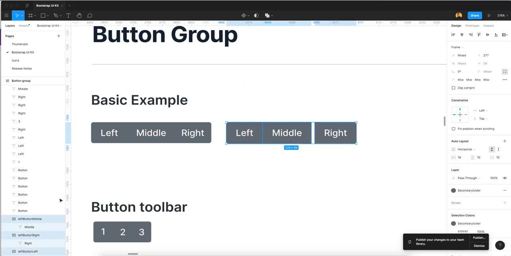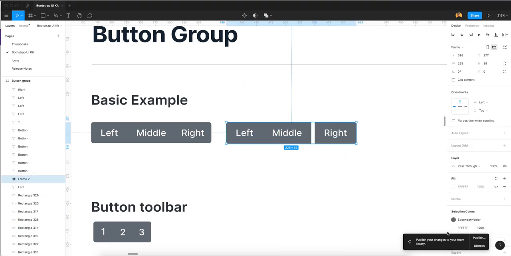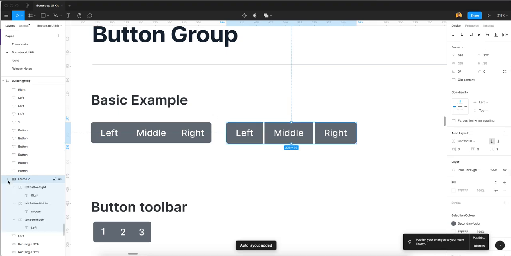Now I am going to select these three buttons, create a frame and add this frame into auto layout, convert it into auto layout. Now we have one frame and three other layouts in our frame.